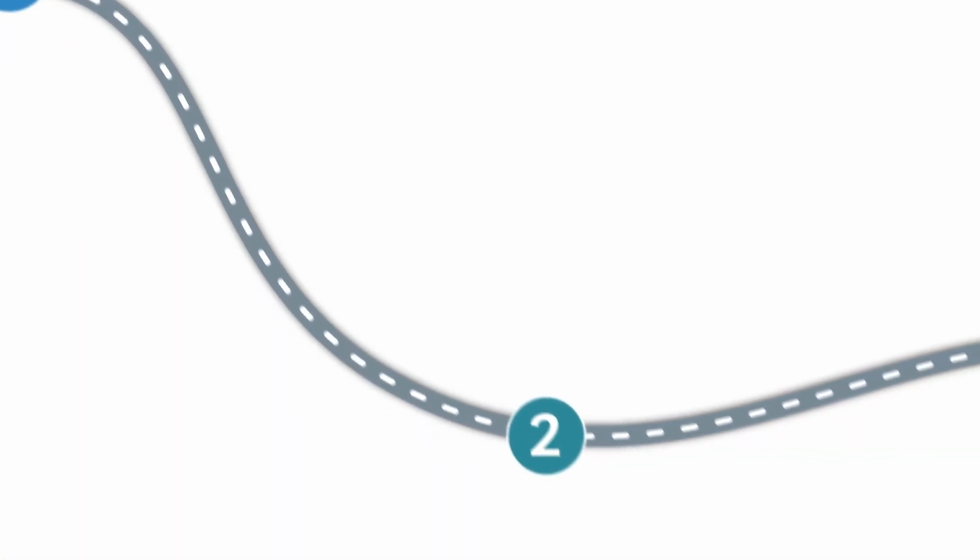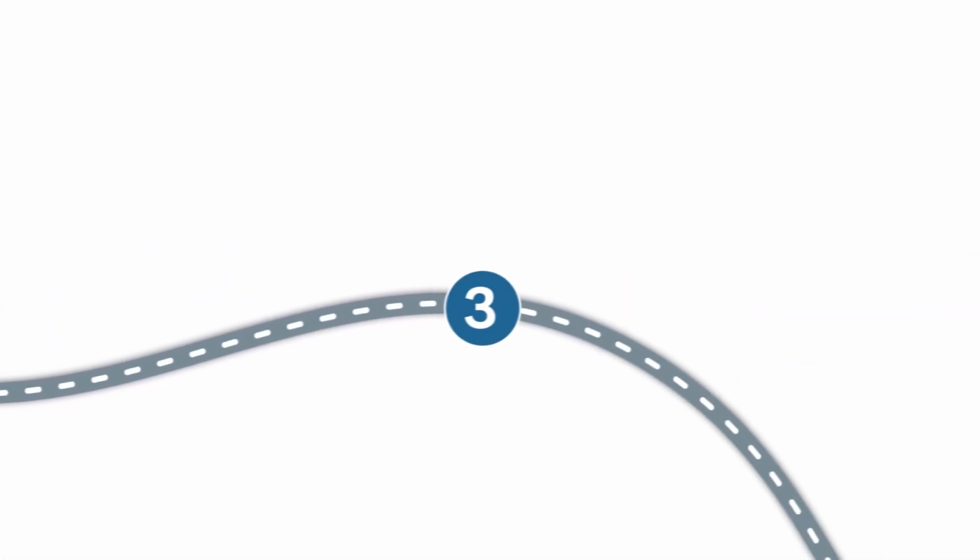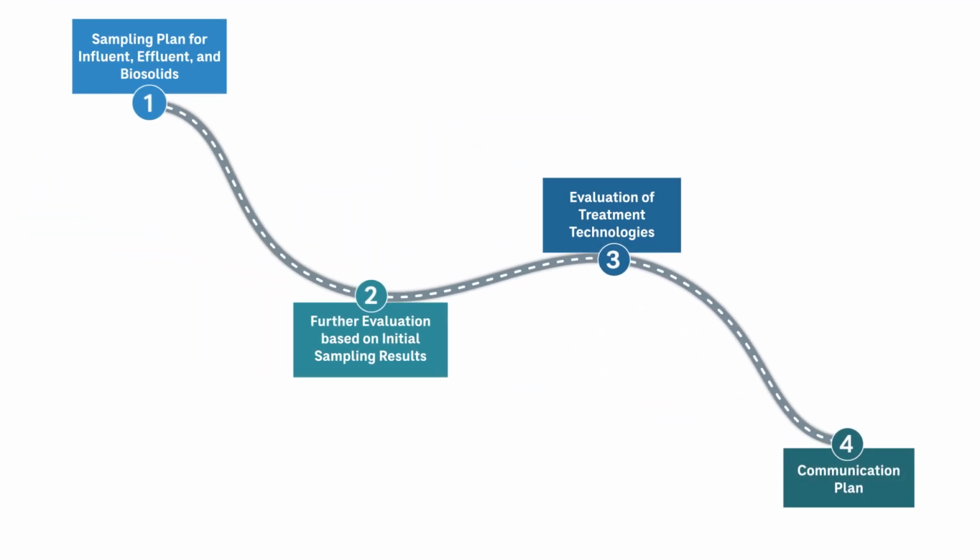We suggest that utilities actively develop a roadmap to address PFAS issues that they may be facing now and also to prepare for any upcoming regulations. So a roadmap is a systematic approach to understanding PFAS within your utility. More importantly, it's a multi-step process that involves sampling, data analysis, and interpretation, and effective communication in addition to other